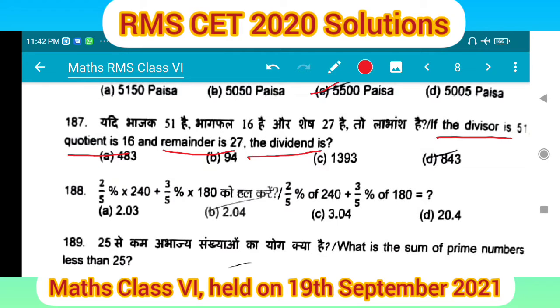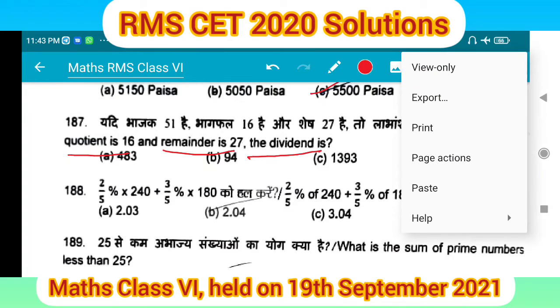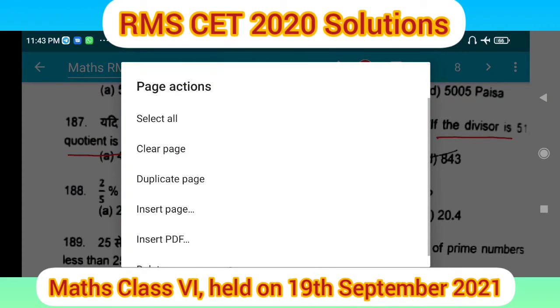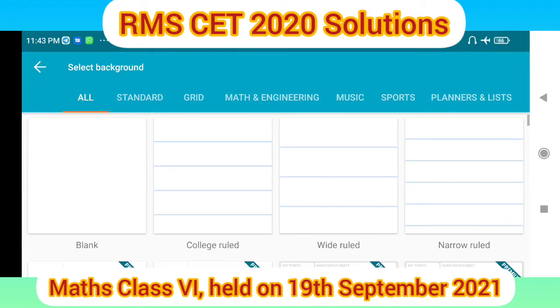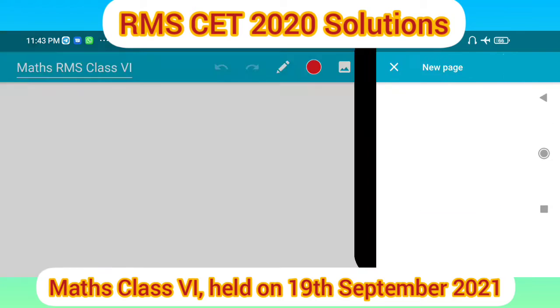Okay, understood? Okay, can I go for the solution? So what is the given question? See, go for the solution. Why confusing? Insert page. 1 minute. Okay, see,